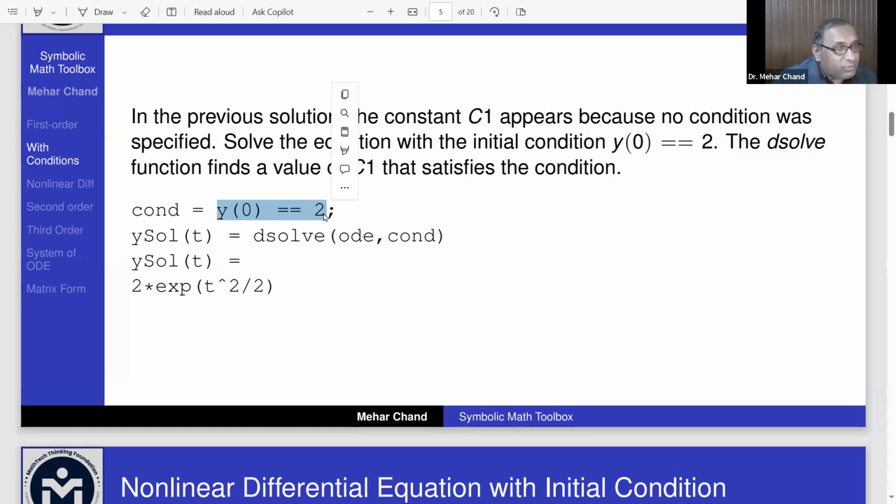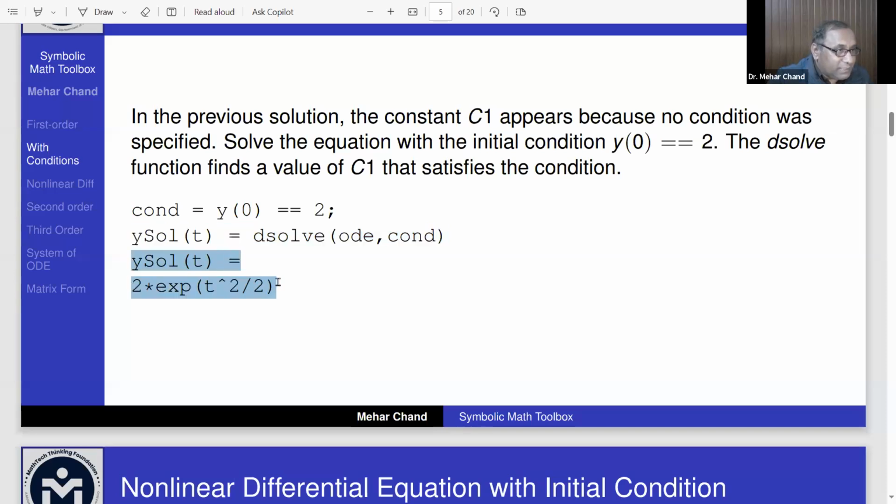We want to store this first condition in some assignment variable. We are using this assignment variable equal to y0 double equal to. So double equal is a logical operator. Now we are using the same statement, but with the condition, comma condition. We want to solve the equation with the initial condition. So ODE is the differential equation which we store in this assignment variable, and then we are using the condition at this place, and when you execute this statement,